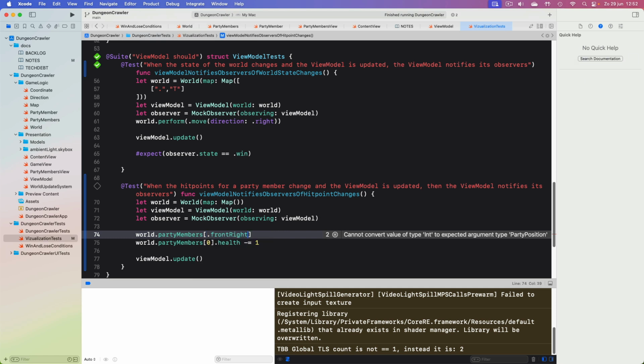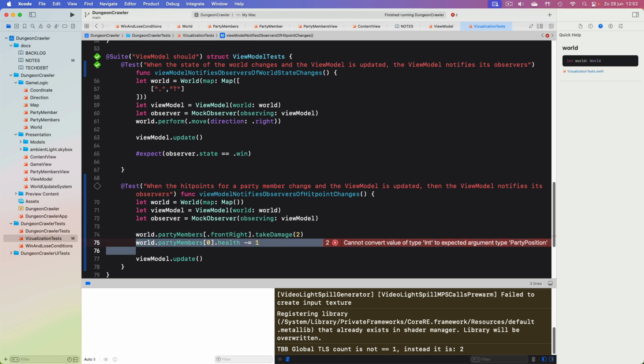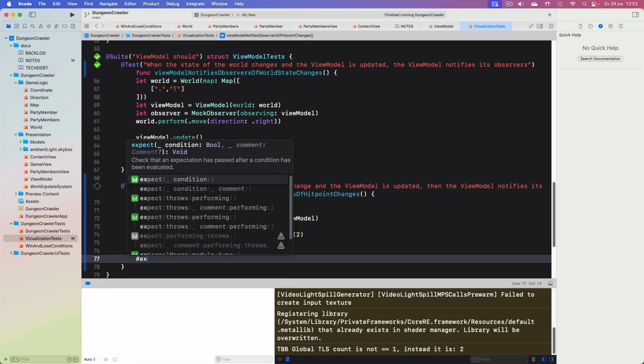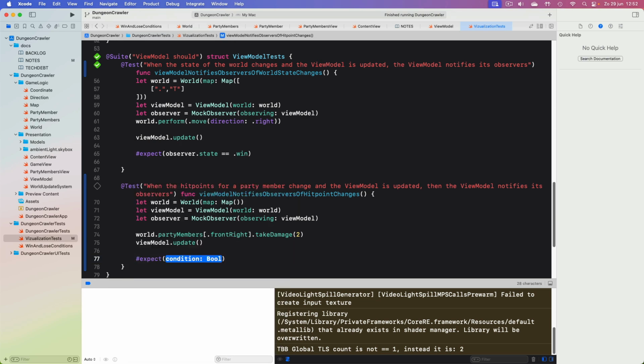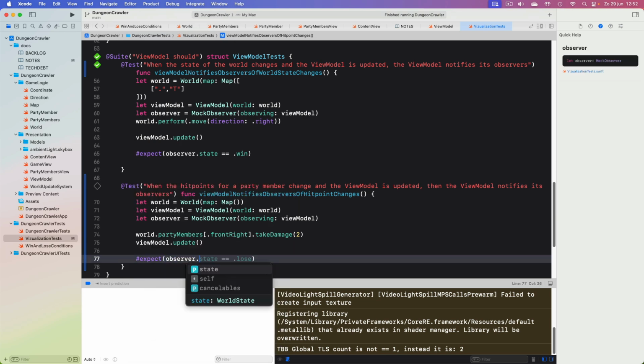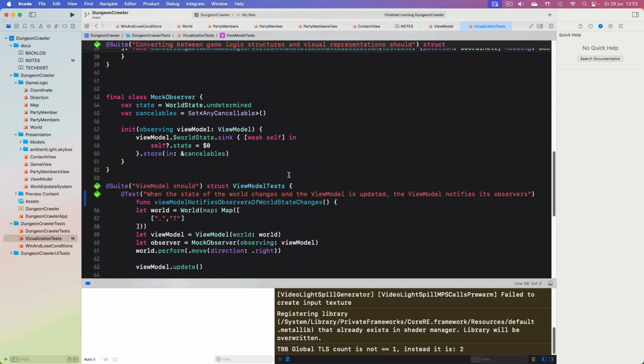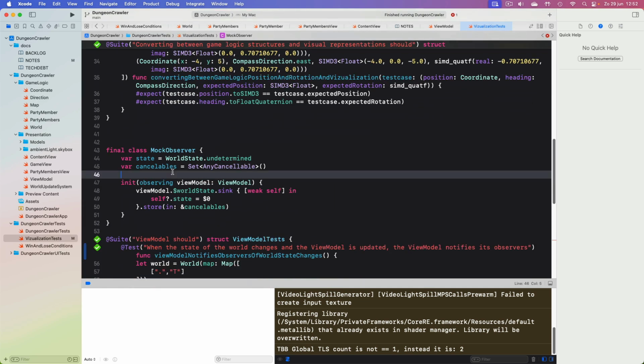Let's say we do the from right one, and this one takes damage 2. So we update the view model, and then we insert that our observer now has a state, but maybe it should also